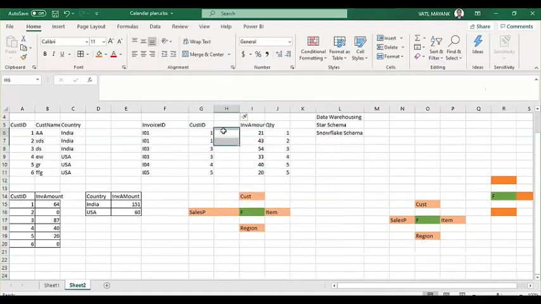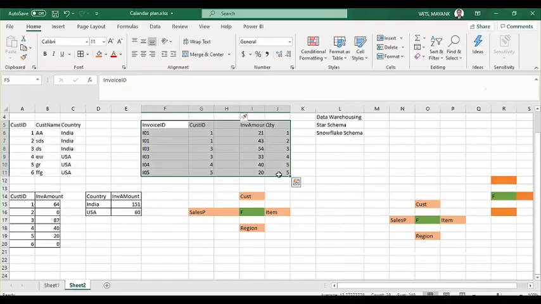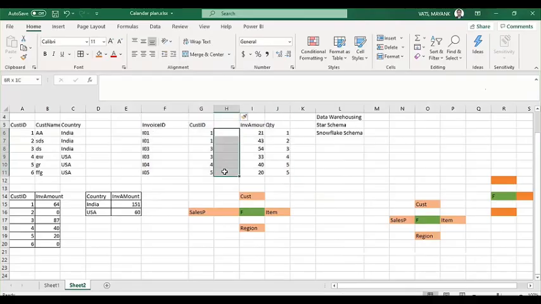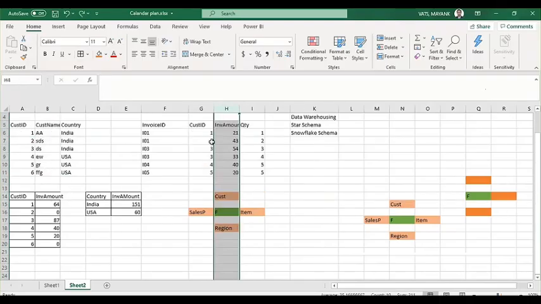If you are doing that, you are violating the concept of data warehousing and of a fact table. A fact table should not have redundant data. If you have the customer name here, it is redundant, because customer ID and customer name you can get from the dimension table. It is always to eliminate redundant data.